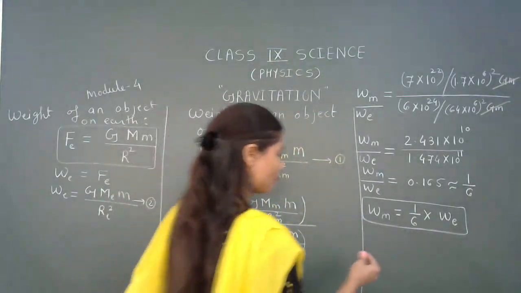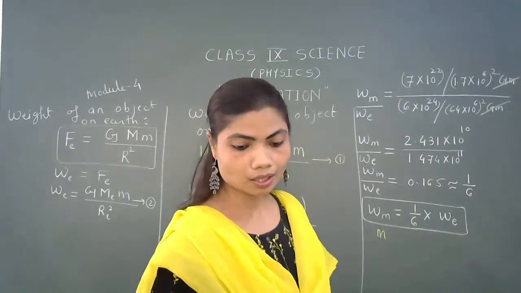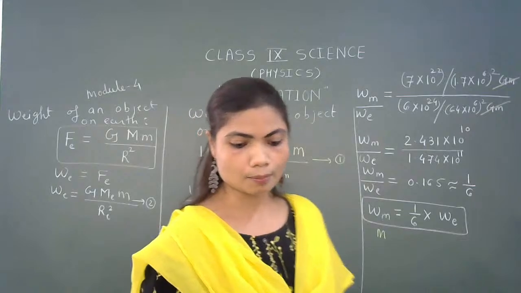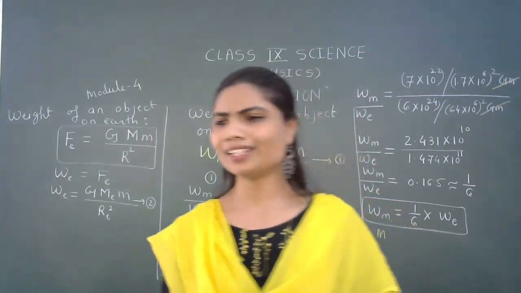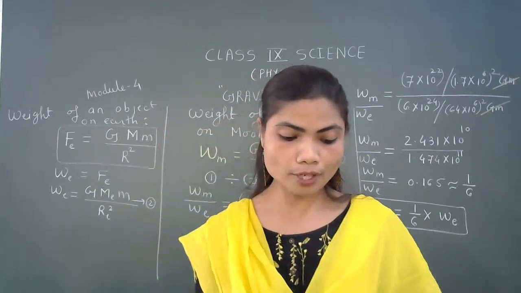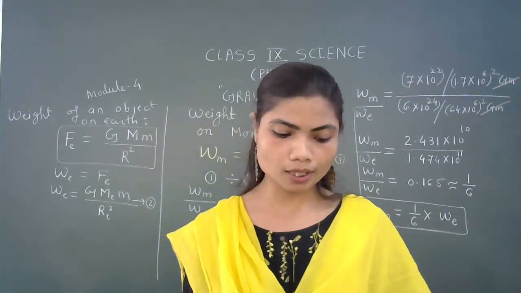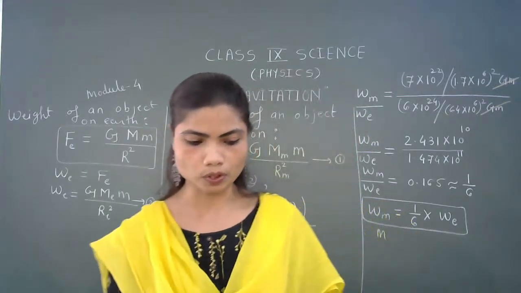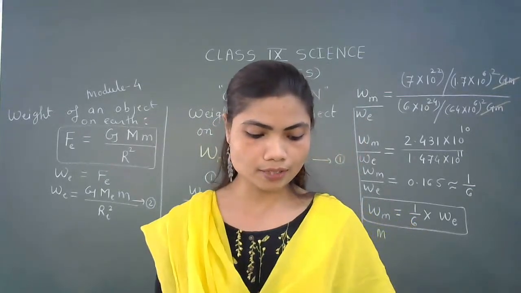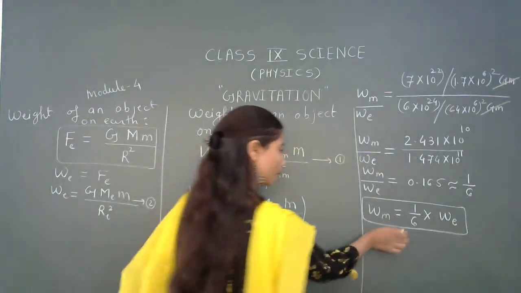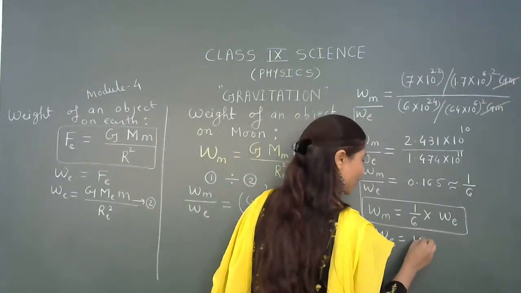If we are provided the mass of an object on earth. Okay, mass of an object is 10 kg. Okay, it is a simple one. We will do the next one, 10.5. An object weighs 10 Newton when measured on the surface of the earth. We will do this one. Okay. An object weighs 10 Newton when measured on the surface of the earth. Means the weight of the object on the earth is 10 Newton.